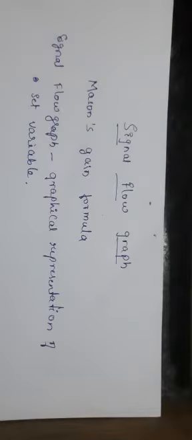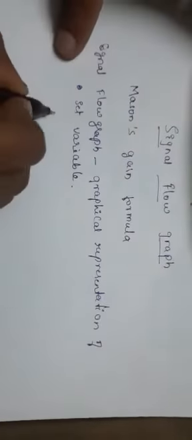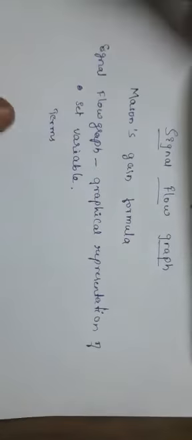In a signal flow graph, it consists of a network in which nodes are represented by system variables and they are connected by branches. Before starting the problems, we will go through some of the terms which will help to draw a signal flow graph and in the calculation part. We will see some of the important terms of signal flow graph.